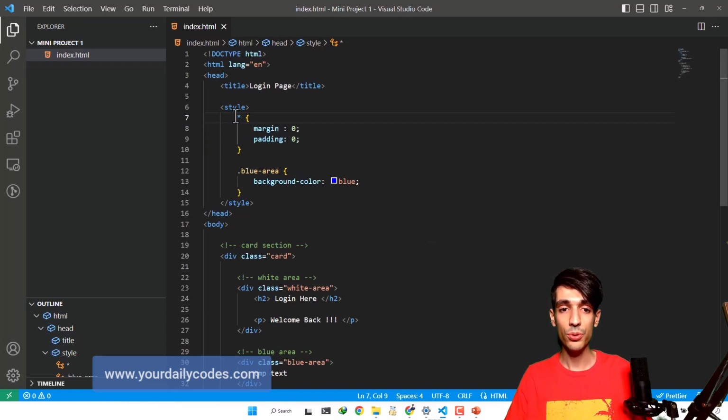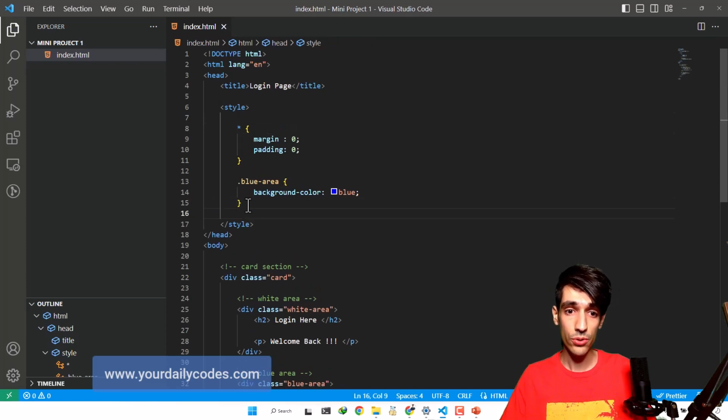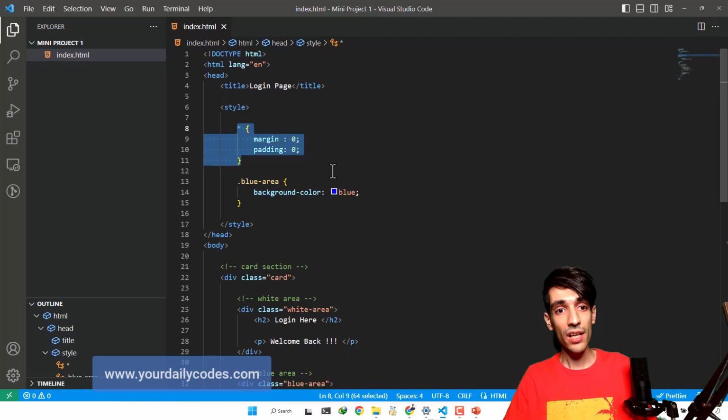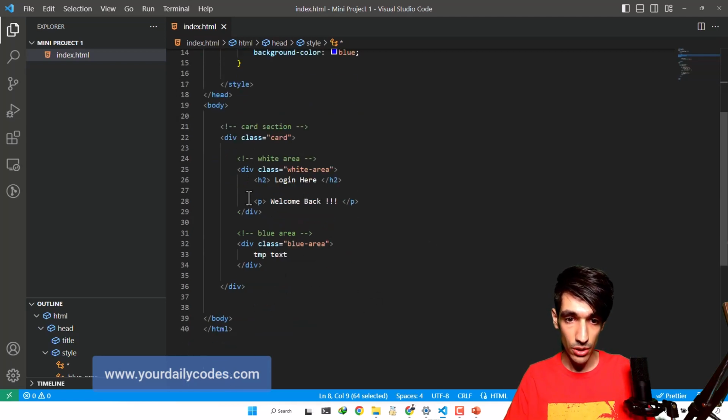They don't want to use the default margin and paddings that browsers have. So this is something that I use and I recommend you to use, and this is very useful. So we have this star in our codes, and don't worry, I will tell you about the third way of writing CSS codes. We have learned two ways, a style tag and a style attribute. Okay, let's get back to our code.